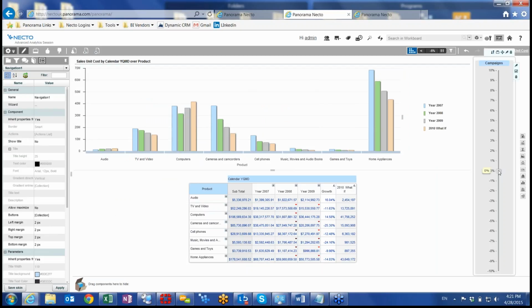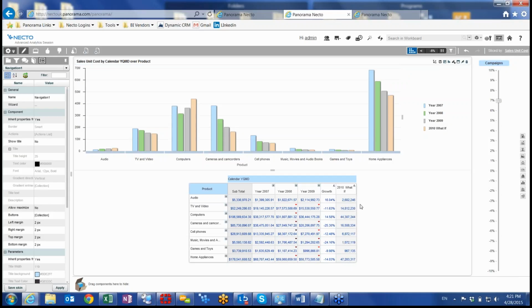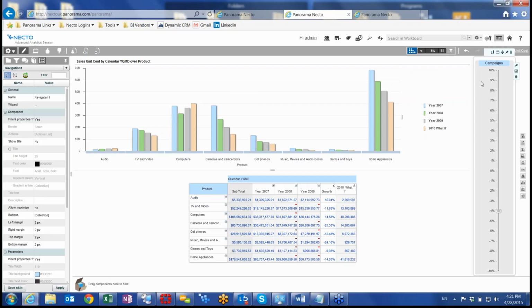What happens if I have more campaigns? So the sales are rising. What happens if I have less campaigns? Sales are going down. Now, of course, this might not make sense to an analyst who thinks we should do things a bit different in order to see really how these campaigns affect the data. But I think that can give you some feeling of how we do stuff here, some sophisticated what-if scenarios,